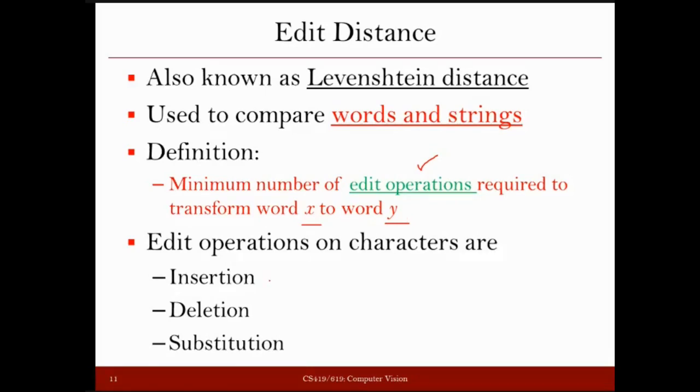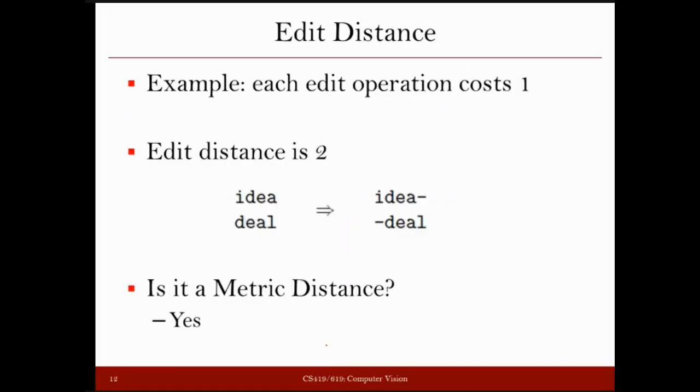The possible operations that we will require here are these three: insertion, deletion, and substitution. You will see that by using these three operations, we can convert any given string to another string. The cost of every operation you can consider a unit. So if you use three operations to convert string X to Y, the cost will be 3, or you can say the distance is 3. All these operations have equal cost. So one insertion or one deletion or one substitution costs 1. Okay, so let us consider this example.